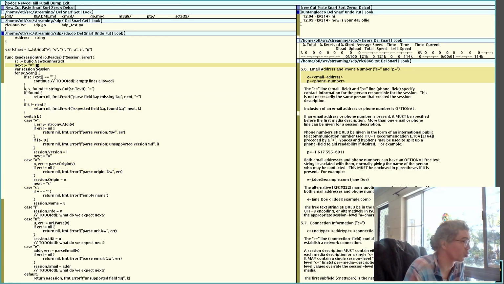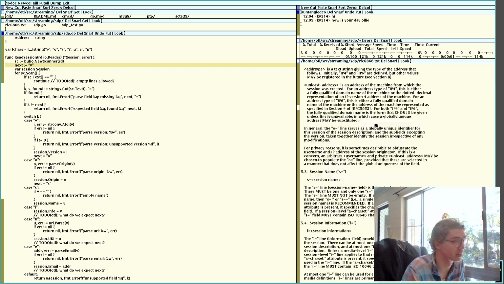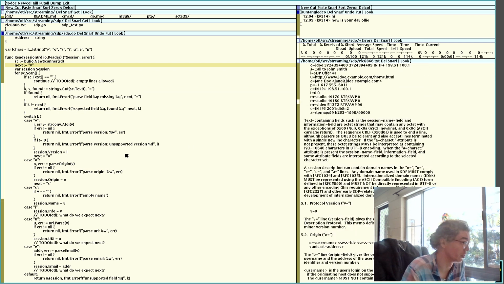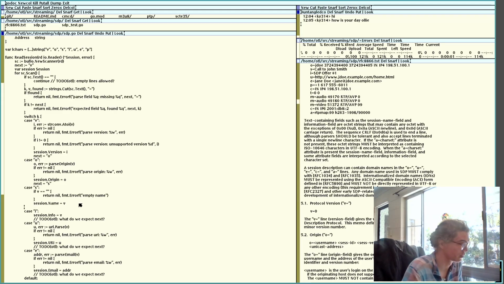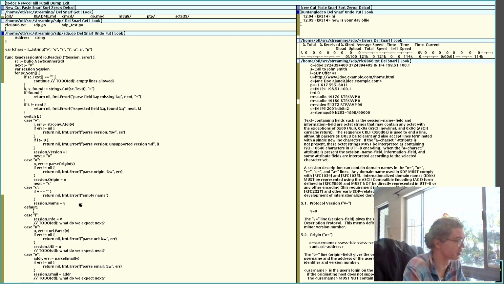So when we start, we're saying, okay, we expect the next thing to be V, which is the version. And then when we read version, the next one's got to be the origin. And then we read origin, the next one has to be the session name. And we do that, and then I think we're done. Oh, let's do a default here. There's got to be